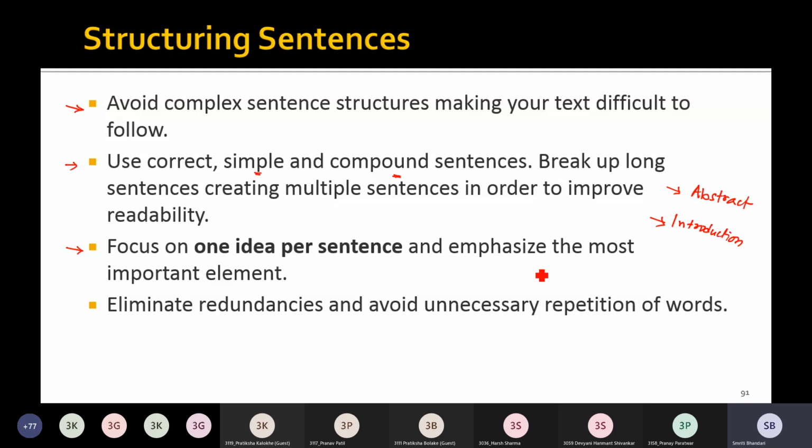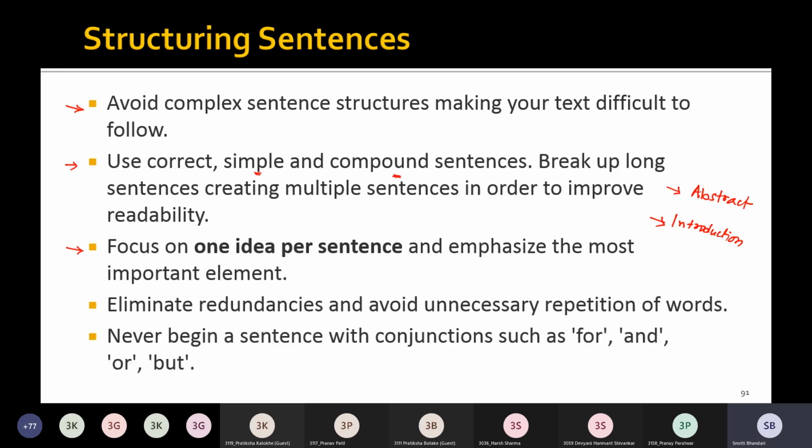If you are monotonously using similar structures of sentences, then once again it becomes very monotonous and the reader may get bored while reading such documents. So have a variety of structures and a variety of sentences while writing the document. Further,